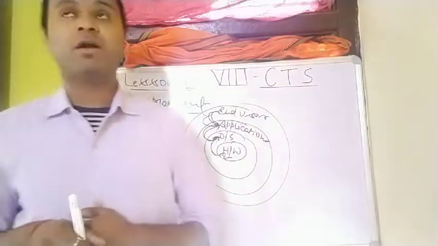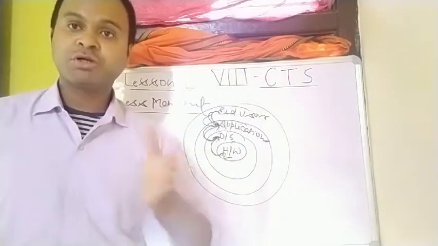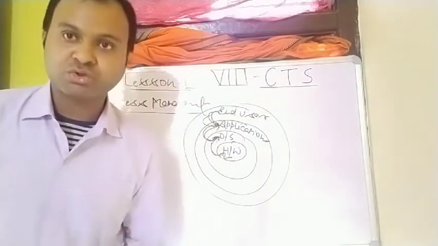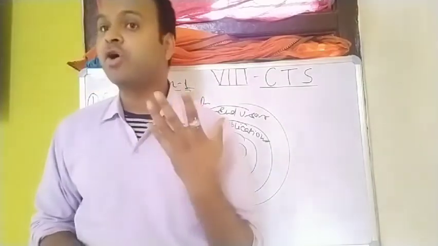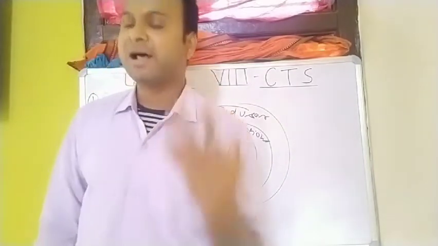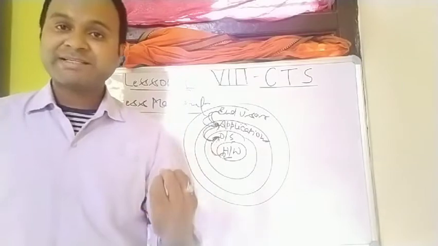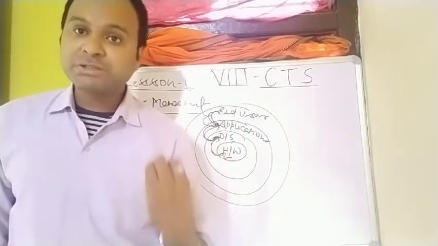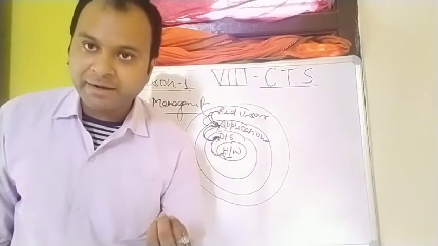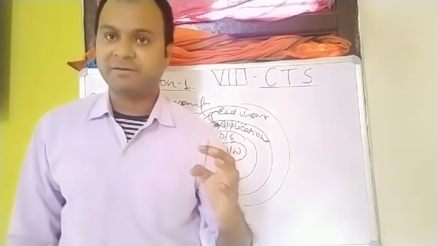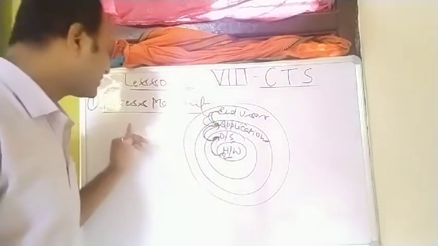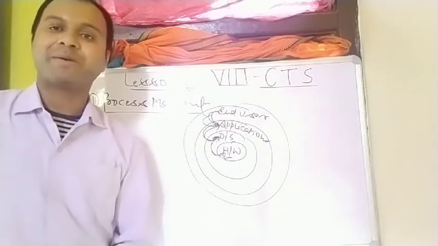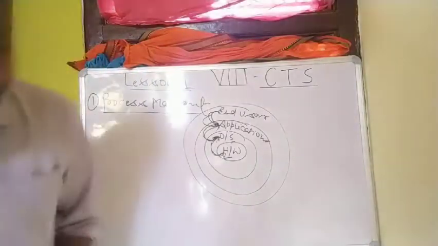Like you have learned IPO: input, process, and output. When we are inputting any value, or opening an application, the processor will give enough space and enough time so that the particular application you have opened can work smoothly. This is your process management, and it is organized and controlled by the operating system.